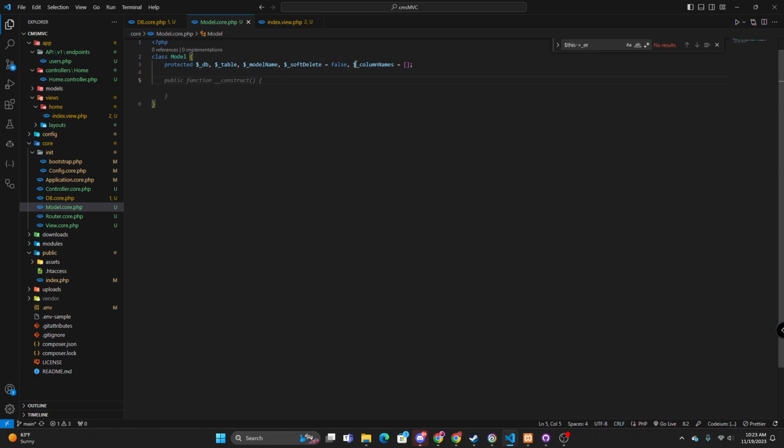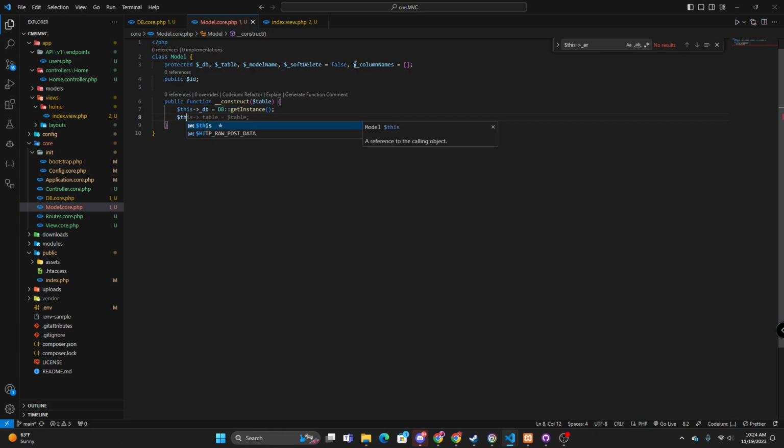So now what we'll do is we'll create a constructor, or create one more public variable, public, and we'll just say $ID. We might need that later. Public function construct. And what we'll do is we'll pass in the table, and then we'll say $this_DB is equal to DB get instance, and then we'll say $this_table is equal to $table, and then we'll say $this,